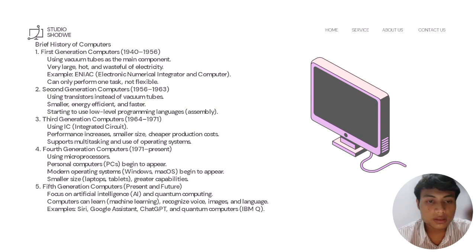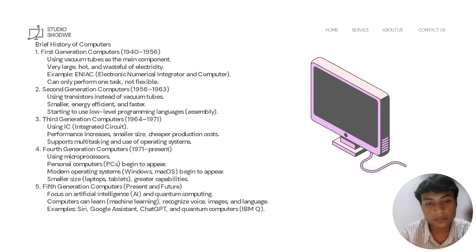Third generation computers used IC or integrated circuits. Performance increased, smaller size, lower production costs, supports multitasking and use of operating systems. Fourth generation computers used microprocessors and personal computers, PCs, began to offer modern operating systems, Windows, Mac OS, smaller size laptops, tablets,